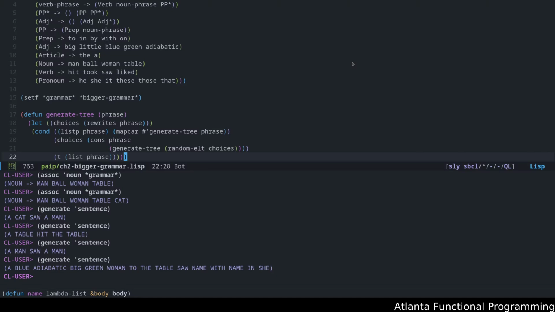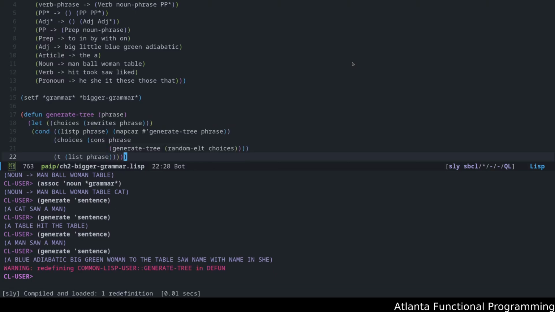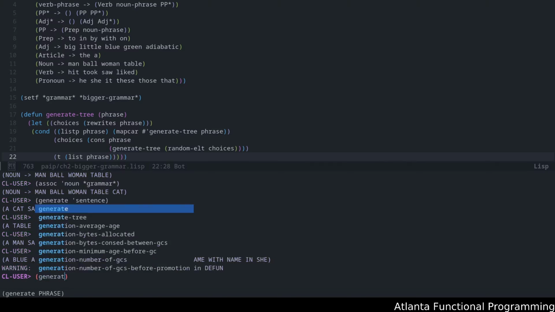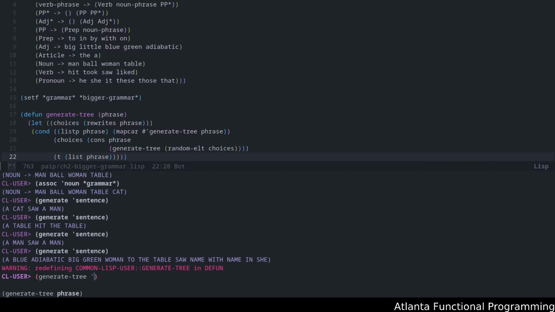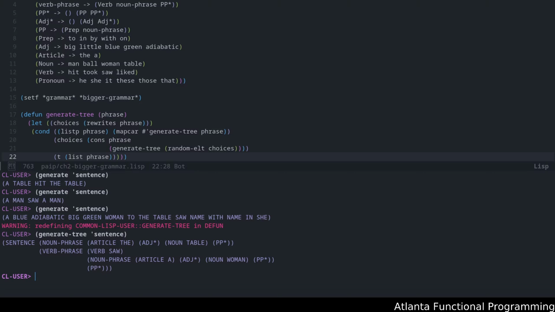To show you this idea, let me go ahead and define this and let's generate a tree on a sentence. Okay. This is one example that you could see here working. So we have a sentence that calls a noun phrase, which consists of an article, but no adjective, a noun, no prepositional phrase, and then in the verb phrase